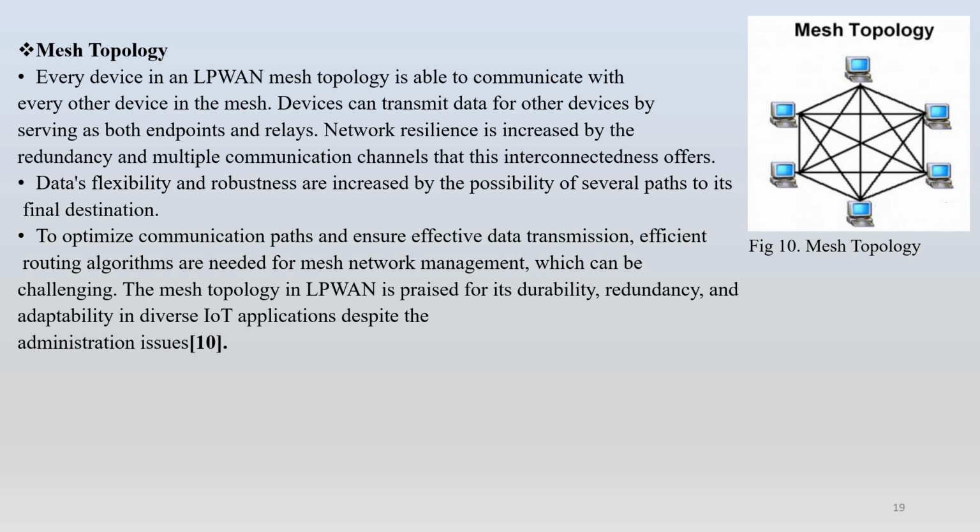Coming to the summary, star topology is simpler and easier to manage, but has a single point of failure. Mesh topology offers redundancy, scalability, and reliability, but can be more complex to set up and maintain. The choice between them depends on the specific requirements and priorities of the network.